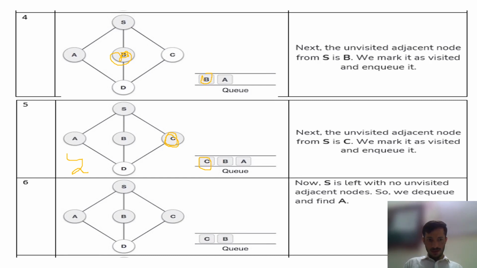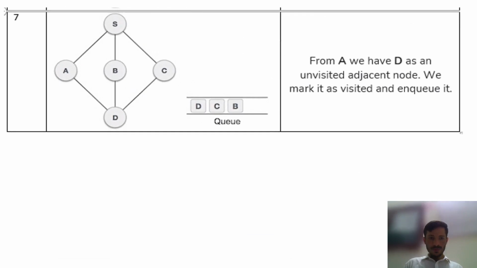In the sixth step we have this shape. Now S is left with no unvisited adjacent nodes, so we dequeue and find A. So in the seventh step we have this shape. From A we have D as an unvisited adjacent node